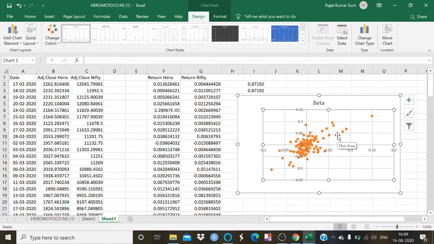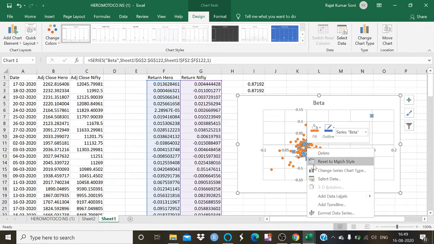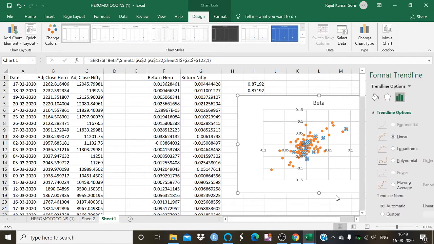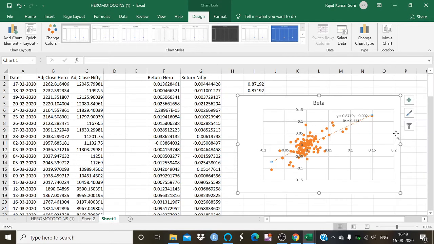Now I'm going to insert a trendline in this chart, and click these two options, display the equation on chart and display the R-squared value. And here is my beta value. As you see, y is equal to 0.8719x.